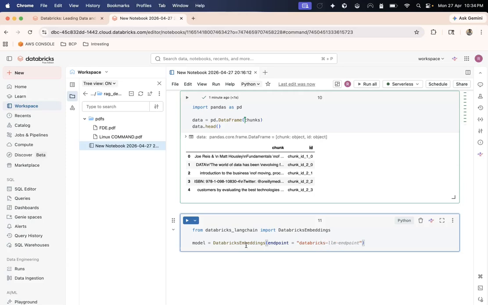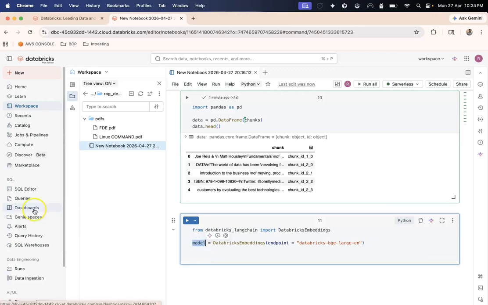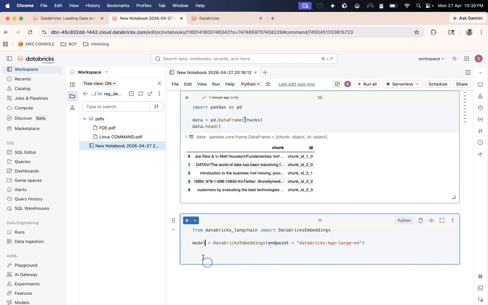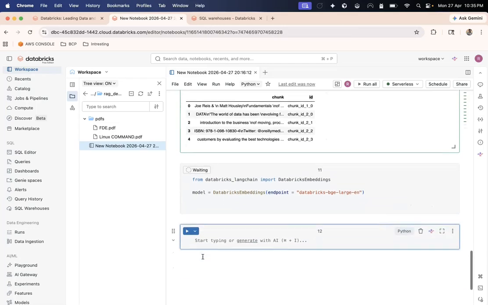Databricks has deployed this already. This is going to be using the endpoint, and we can see the endpoint by going into the compute. So first of all I can run this.